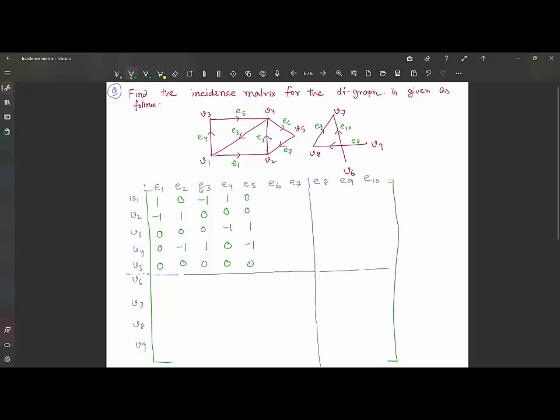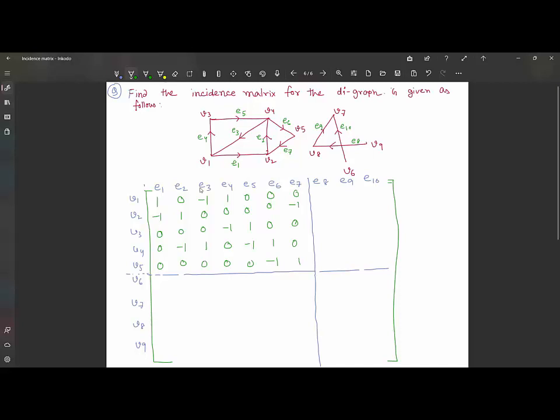E6 is from V4, so V4 will get 1 and V5 will get -1, and the other values are 0. E7 is from V5, so V5 will get 1 and V2 will get -1, and every other value is 0. Then